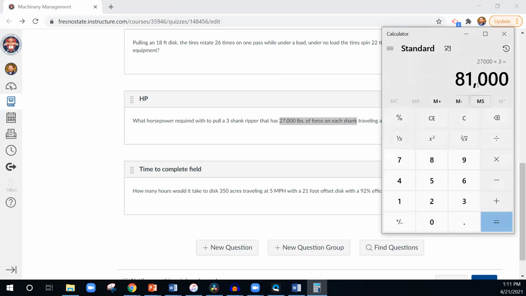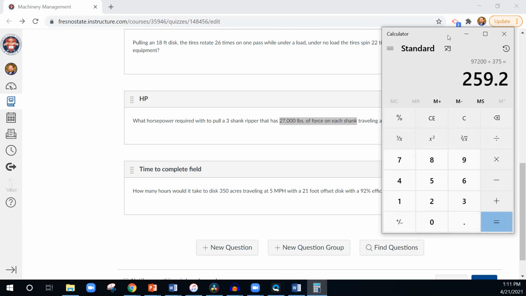And then the total force of that piece of equipment is 81,000 pounds, right? For the 3 shanks, it's 81,000 pounds. We can then multiply that by the speed that we're going, which is 1.2. That's going to give us a total of 97.2 pounds of force. Divide that by 375. That's that constant that's in there. And then we're going to end up getting